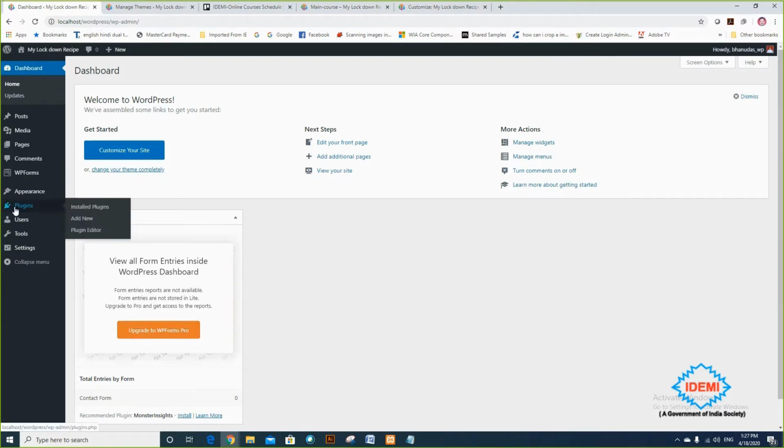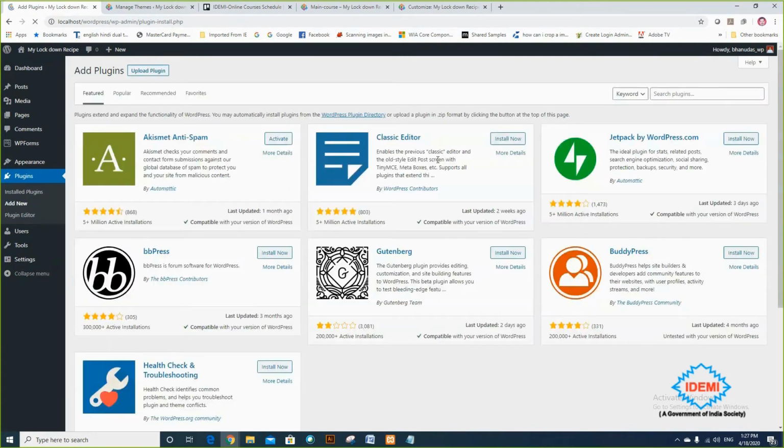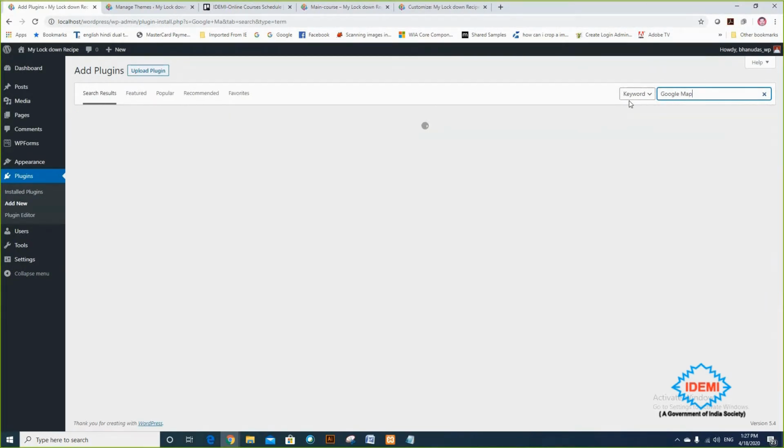So there are n number of plugins. Go to plugins, say add new, and whatever you think you will get accordingly. Just as I searched for a form, now I want a Google Map. So you can choose, I want to create a Google Map.